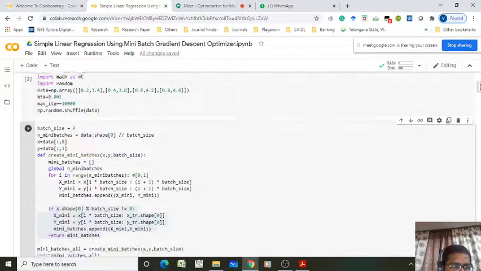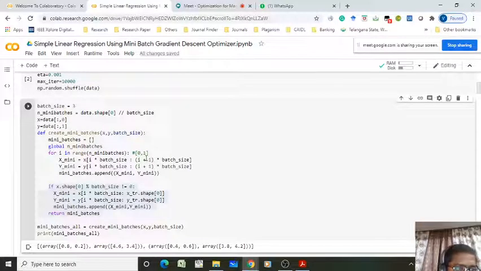Agree, right? Now, when i equals 1, then what happened? When i equals 1, 1 times batch size 3, that is 3 colon 6. So 1 + 1, 2 times 3, 6. 3 to 6. But here we have only 4, right?